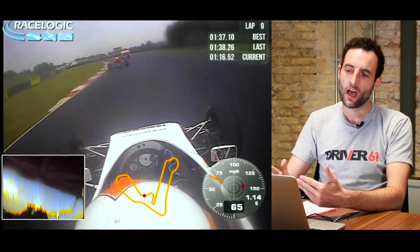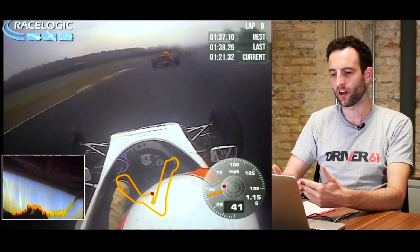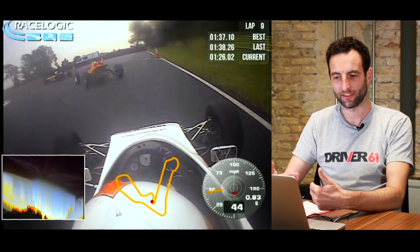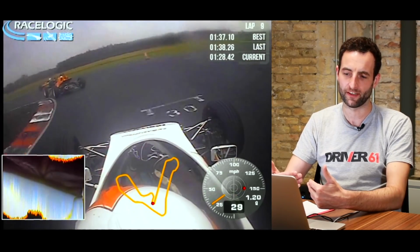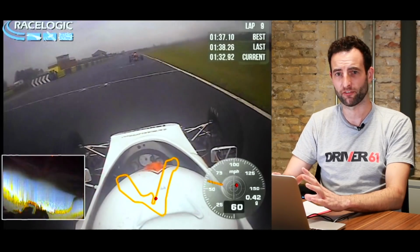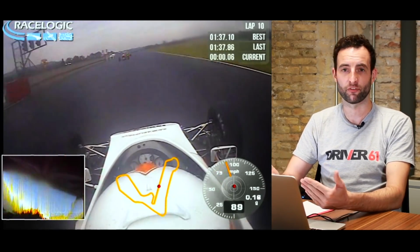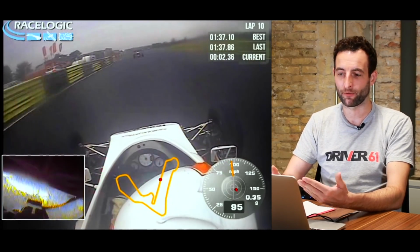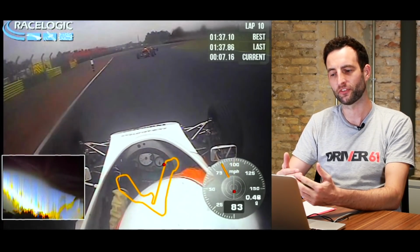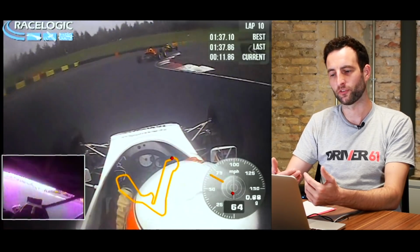And also not overdriving. I find that a lot of drivers will overdrive the car, get a little bit excited when they're in traffic, and then just sit at that pace. There's a huge benefit to being really efficient with your manoeuvres, and normally it's a case of being patient for a little bit, getting a good exit coming out of a corner, and doing most of the job of the overtake down the following straight. Now, Croft is a little bit difficult actually to overtake, but in most circumstances, we want to get most of the job done